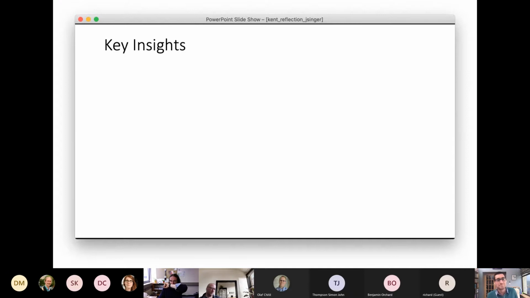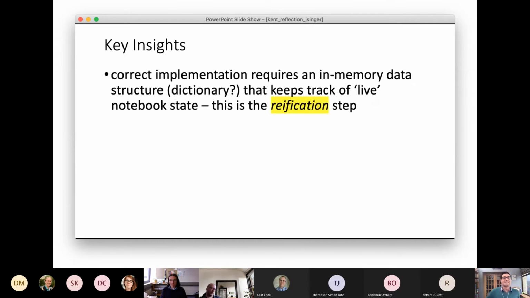Okay, so my student toiled away for 4 or 5 months and decided, quite rightly I think, that he needed to keep server-side an in-memory data structure that reflects the notebook state. And this is really what we identified as the reified state of the notebook.